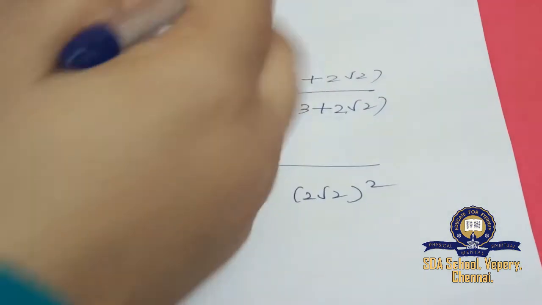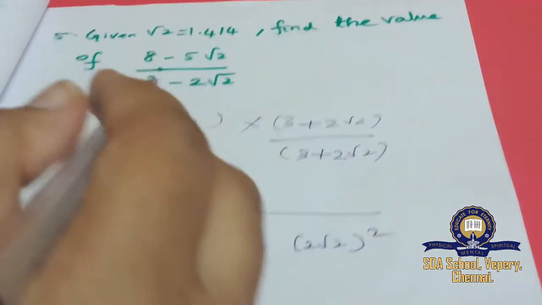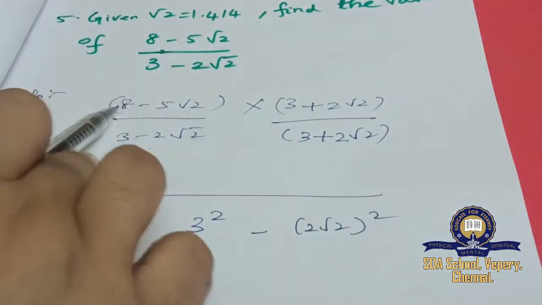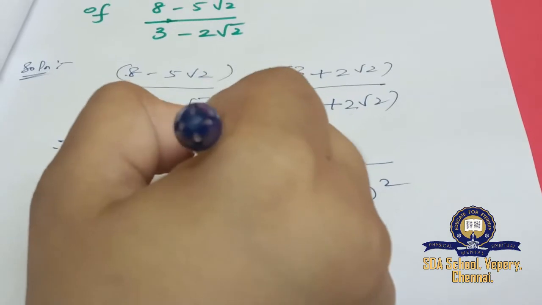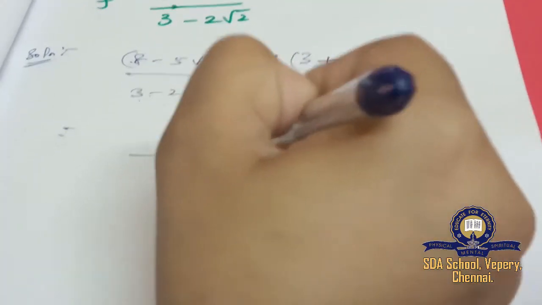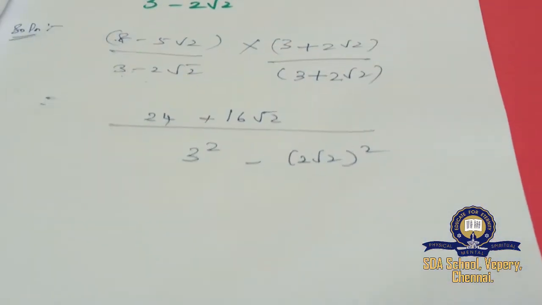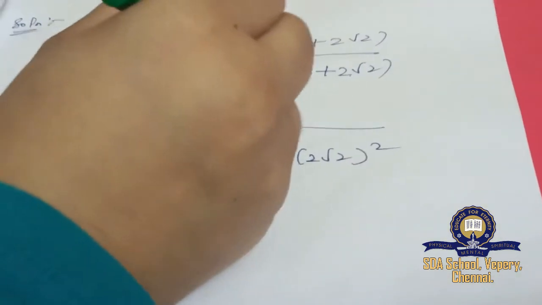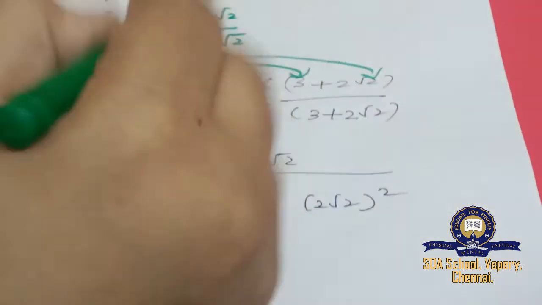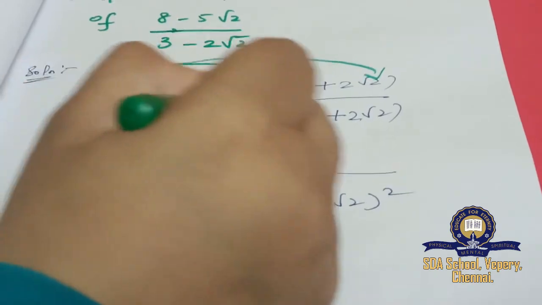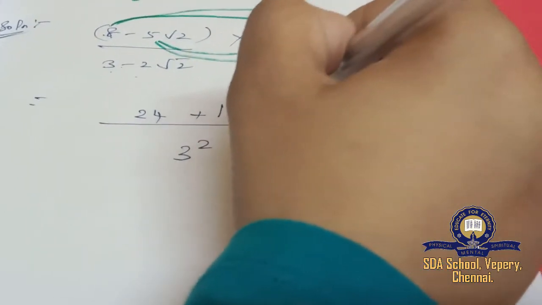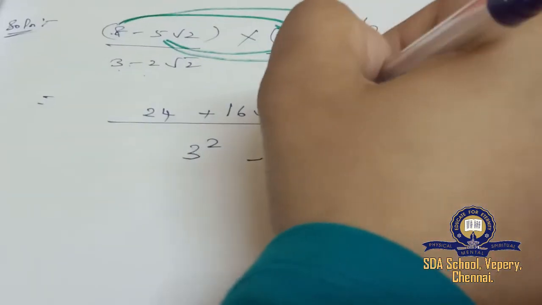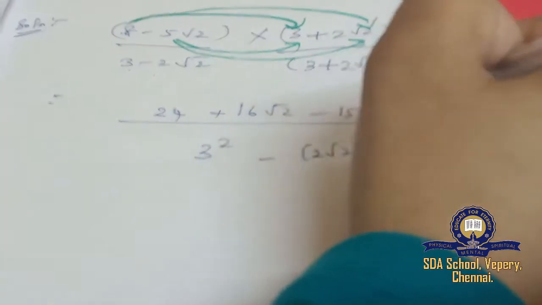Then I have to multiply the numerator. What will I get if I multiply the numerator? 8 into 3 is 24. Then plus 8 2s are 16, 16 root 2. What I have done is, as usual, first term with the first term, first term with the second term, then second term with the first term, then second term with the second term. This is what I have done. Got it students? Then I will get what? Minus 15 root 2, then minus,